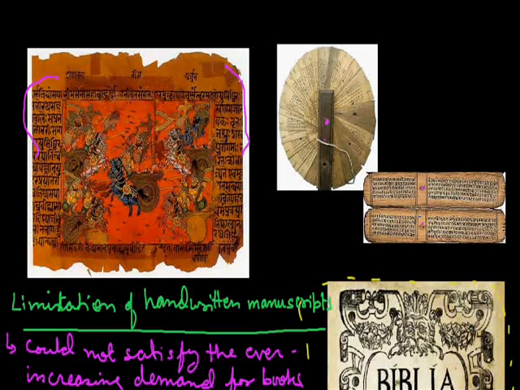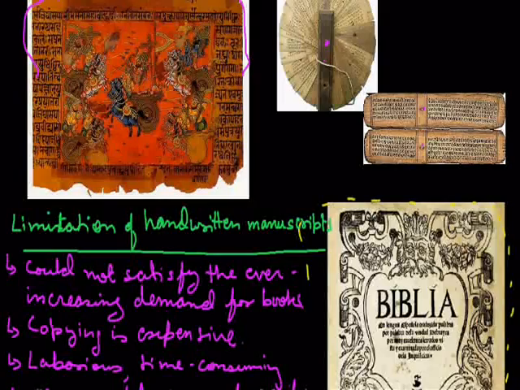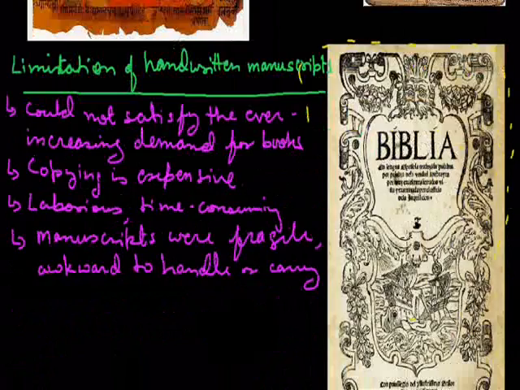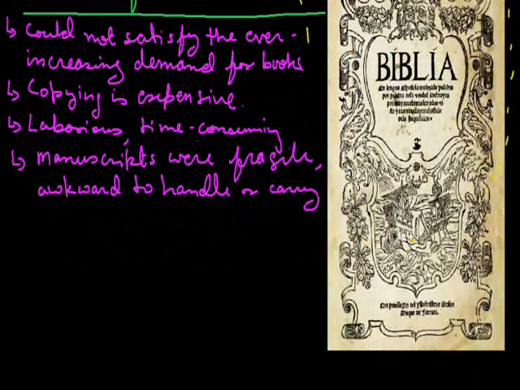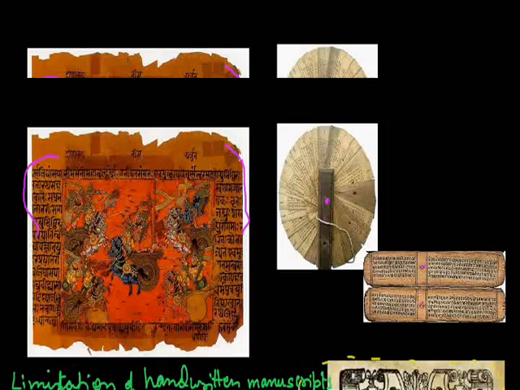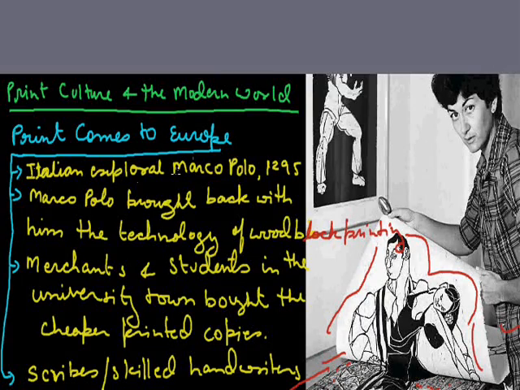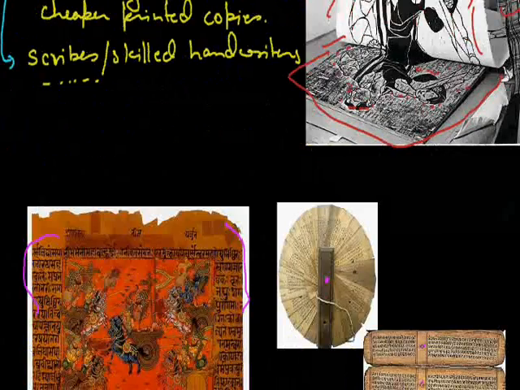So it is not easy for all people to use these types of manuscripts. As we did, print culture came to Europe by Marco Polo. Here in Europe we see some improvement in the technology of the printing press, and the main credit goes to the person whose name was